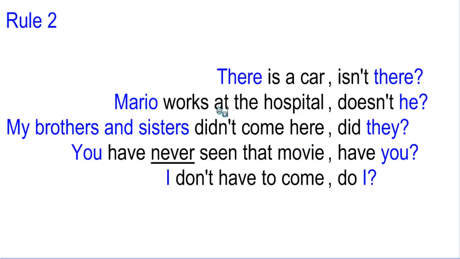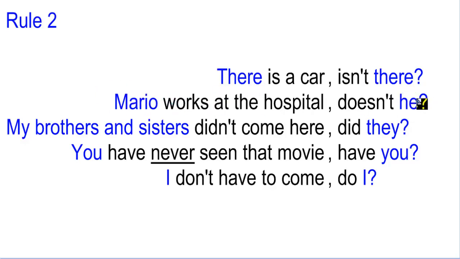Now, the second rule. Look at all of these sentences and look at all of these sections in color blue. There is a car, isn't there? Mario works at a hospital, doesn't he? My brothers and sisters didn't come here, did they? You have never seen that movie, have you? I don't have to come, do I? So there is an important thing here, as you can see. In all of these cases, I am using, well, look, there,